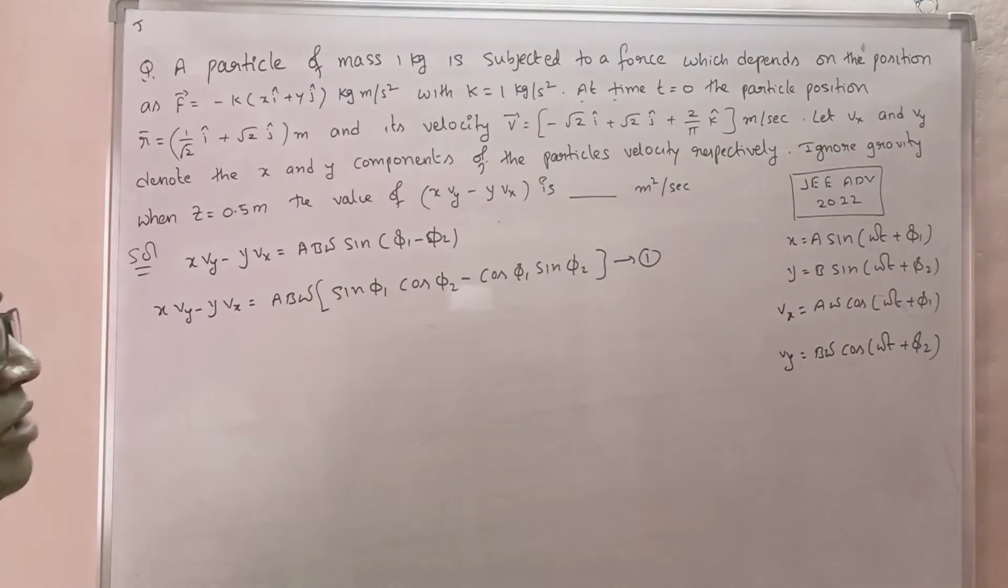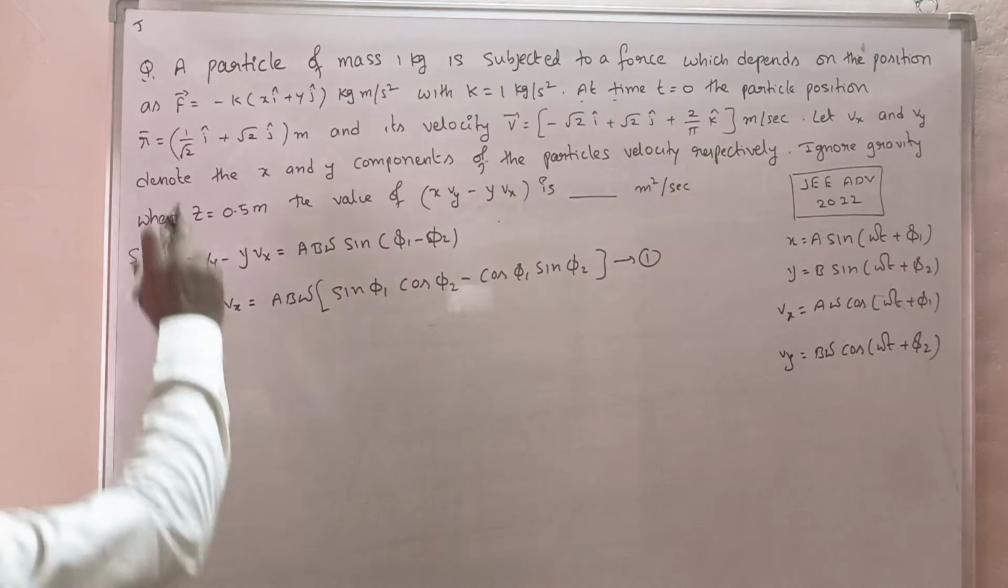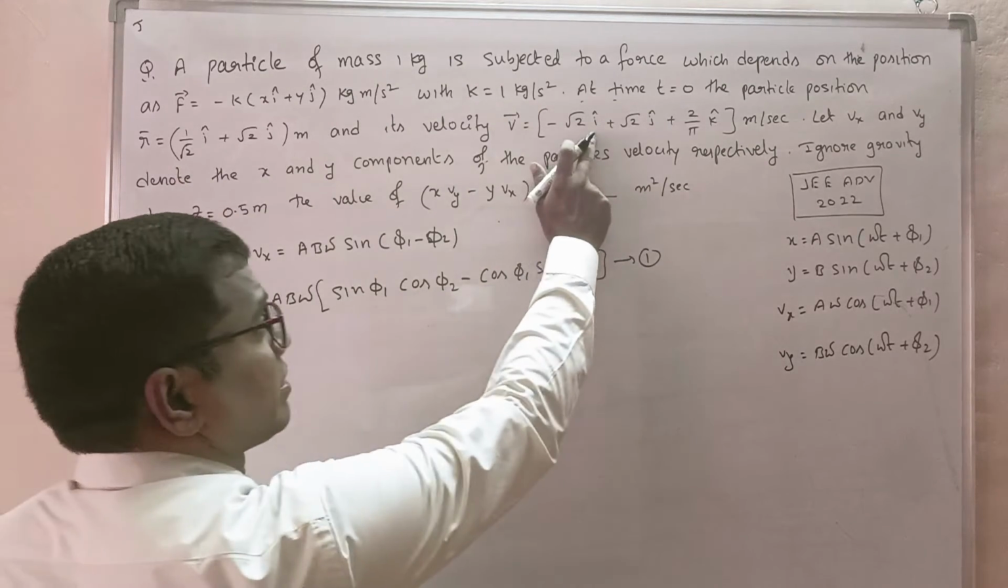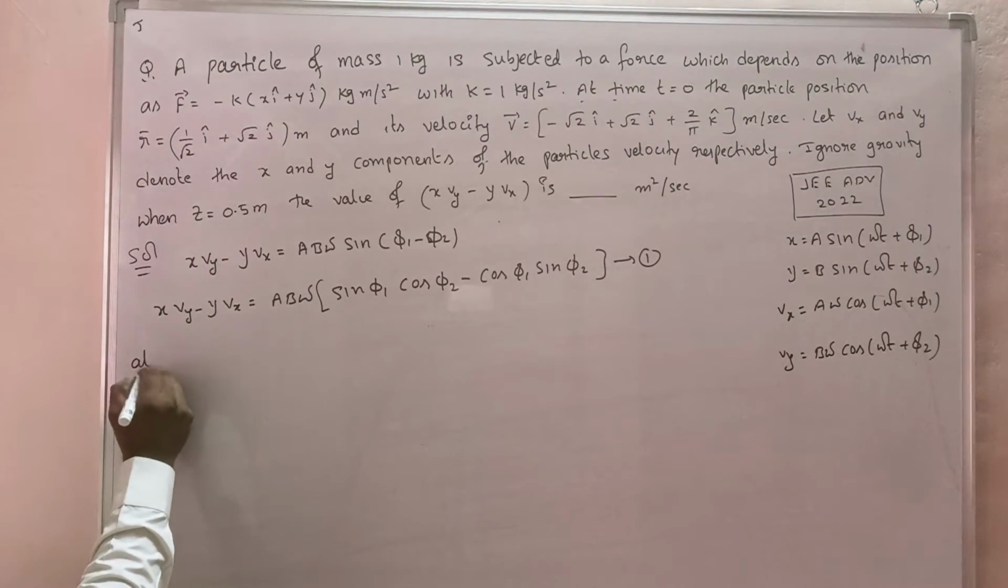And in the question, if you observe clearly, what he is saying is that at time t equal to 0, the position of the particle and the velocity are given. Now see, at t equal to 0,